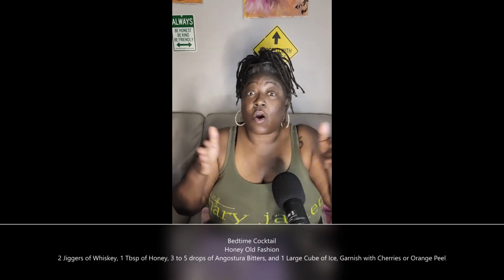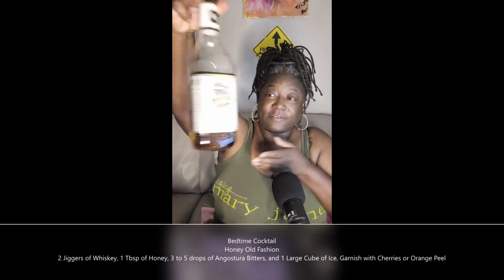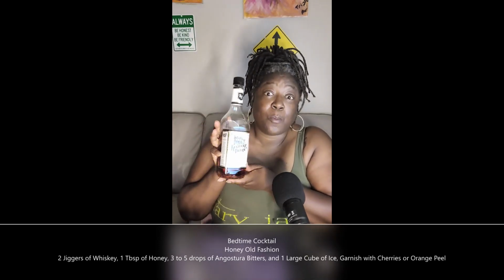An old fashioned is called an old fashioned for this reason. The old fashioned is the blueprint for all drinks, all cocktails. You have a spirit, you have a sweetener, and you have a bitter. Okay? So, with this one, I have some good old fashioned Kentucky Tavern Special Reserve Bourbon